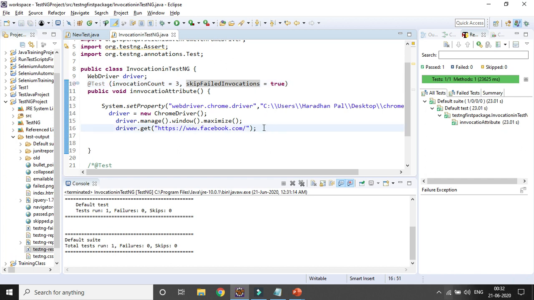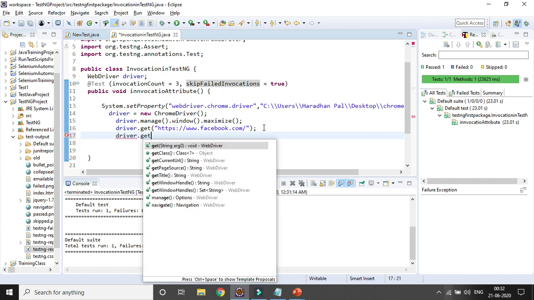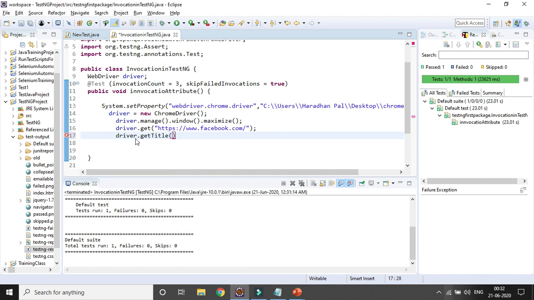And here I want to store the title, driver.getTitle, into some variable, right? Suppose String title.